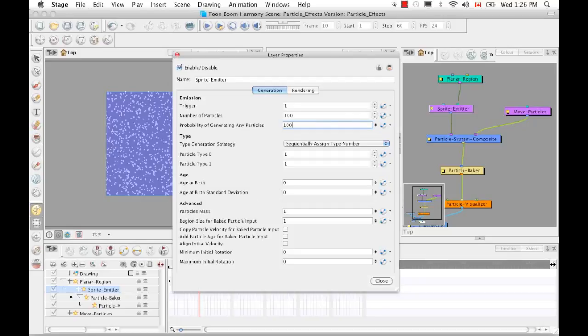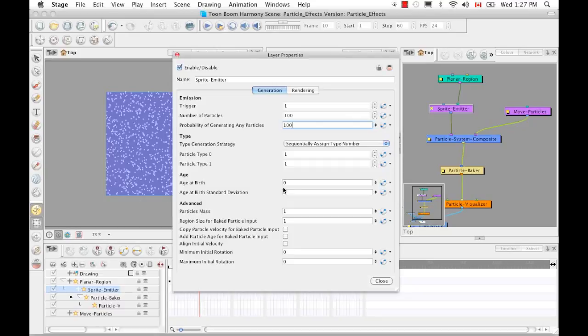So in the age at birth field, a different start frame number can be entered. This means that a particle can start with a different drawing than the drawing that you have on frame 1. And if these drawings are sequential, then it's like it's starting its birth at a different age. So the age at birth standard deviation allows for some randomization of the age of birth. So if you have a 5-frame cycle, for example, that starts on frame 1, but you want the particles to be of a random type, then you may want to set the age at birth to 3 with a standard deviation of 2. So what this means is that the particles were randomly born at any frame between 1 and